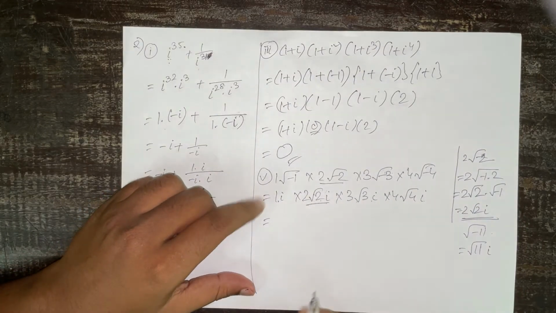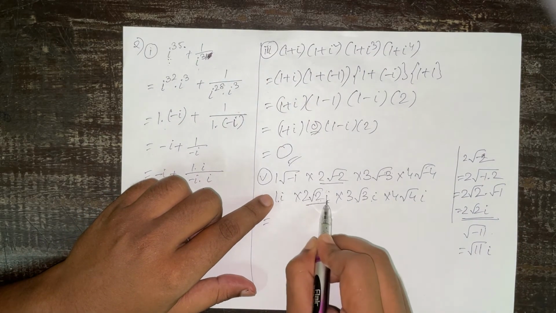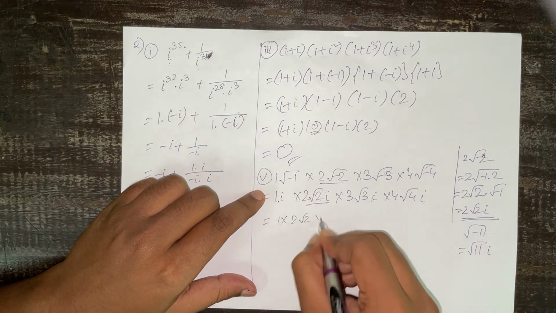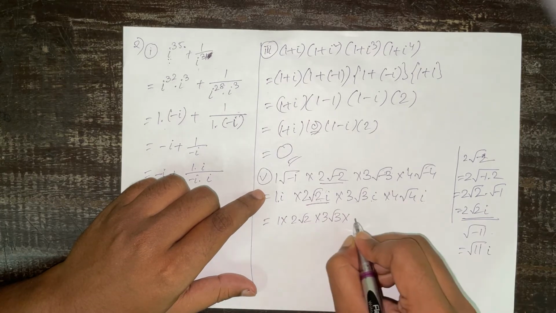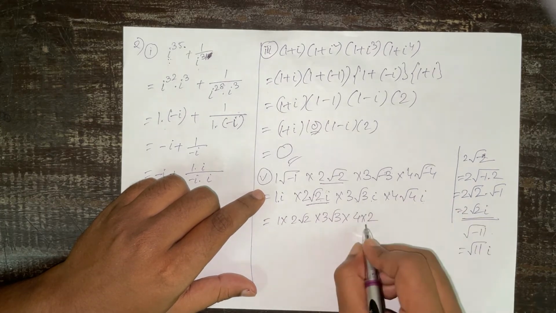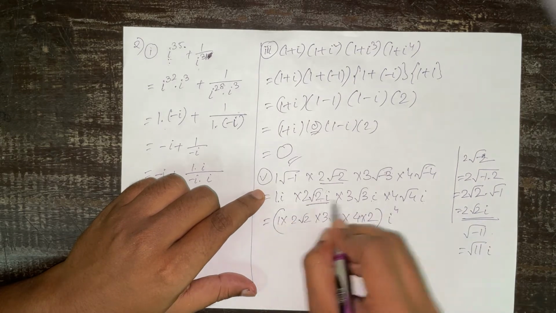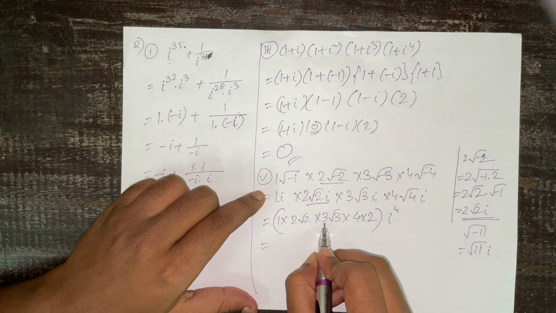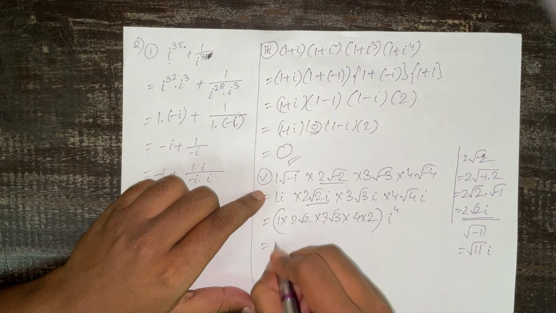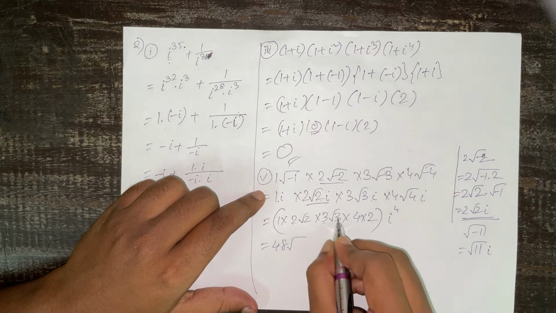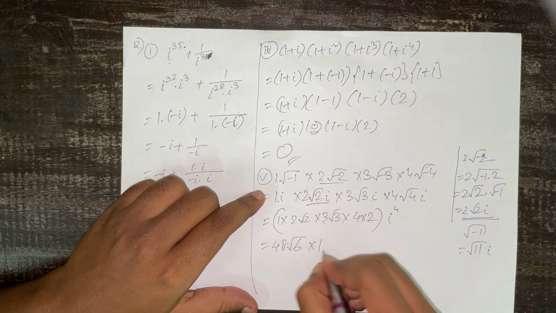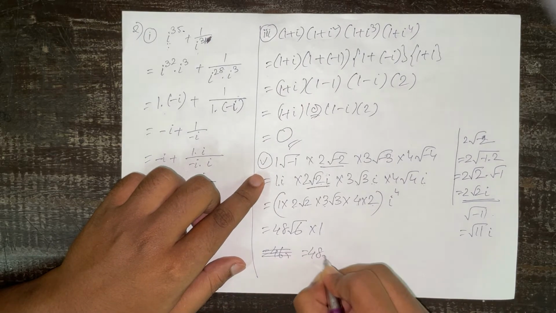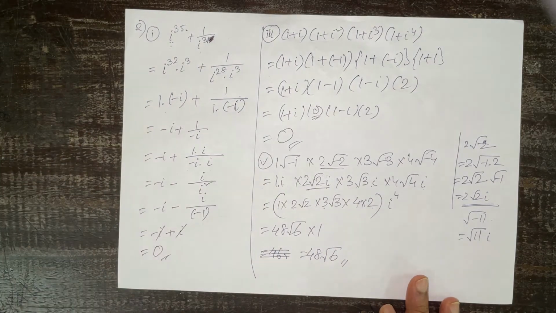So now let us see what we do. How many i's do we have? 1, 2, 3 and 4. 4 i's. And the numbers are, we have to multiply 1, 2 root 2 into 3 root 3 and 4 root 4, which means 4 into 2. Root 4 is 2. And we have i to the power 4. 1, 2, 3, 4. i to the power 4. So now let's multiply this part. 2 3s are 6. 6 4s are 24. 24 into 2s are 48. And here we have root over 2 into root over 3. That is root over 6. And i to the power 4 is 1, as we have seen earlier. So it is 48 root 6. That's how you get the answer.